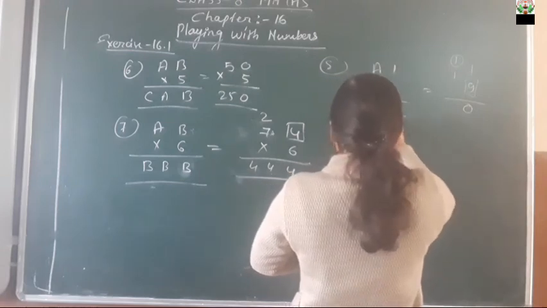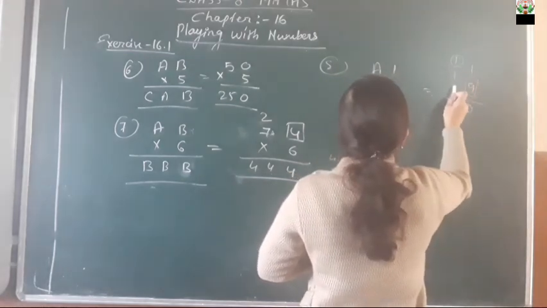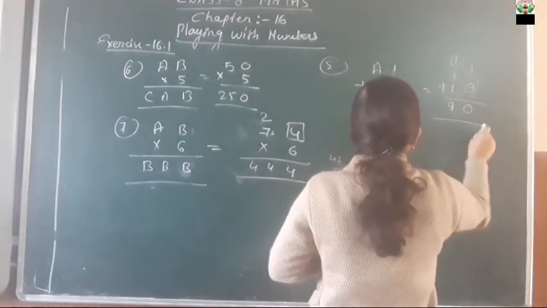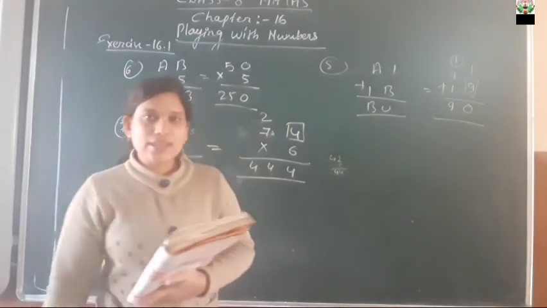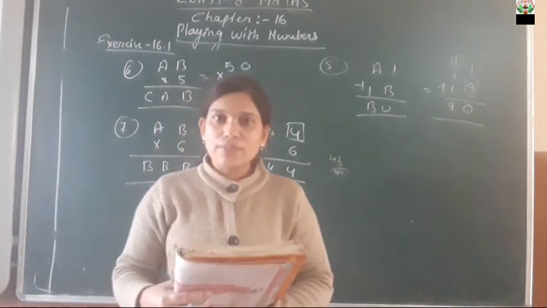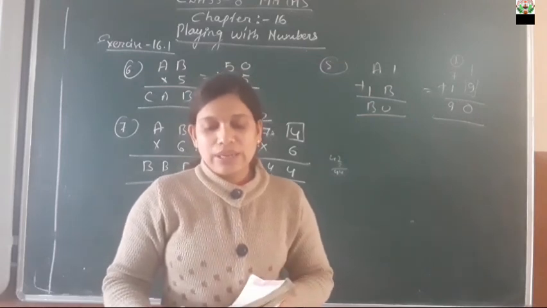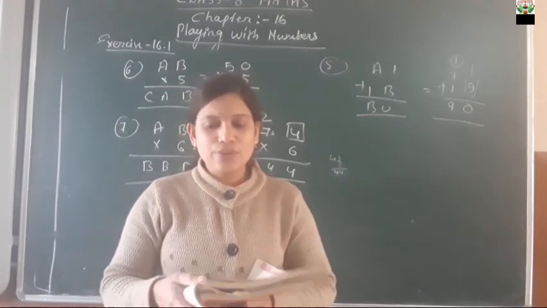So that's 7. What is this? 7 8 9. Answer is 7 plus 2, that is 9. So in this way you have to think of a number and you have to do. So here our exercise is over. Question number 9 and 10, try to do with your own. So for today, thank you.